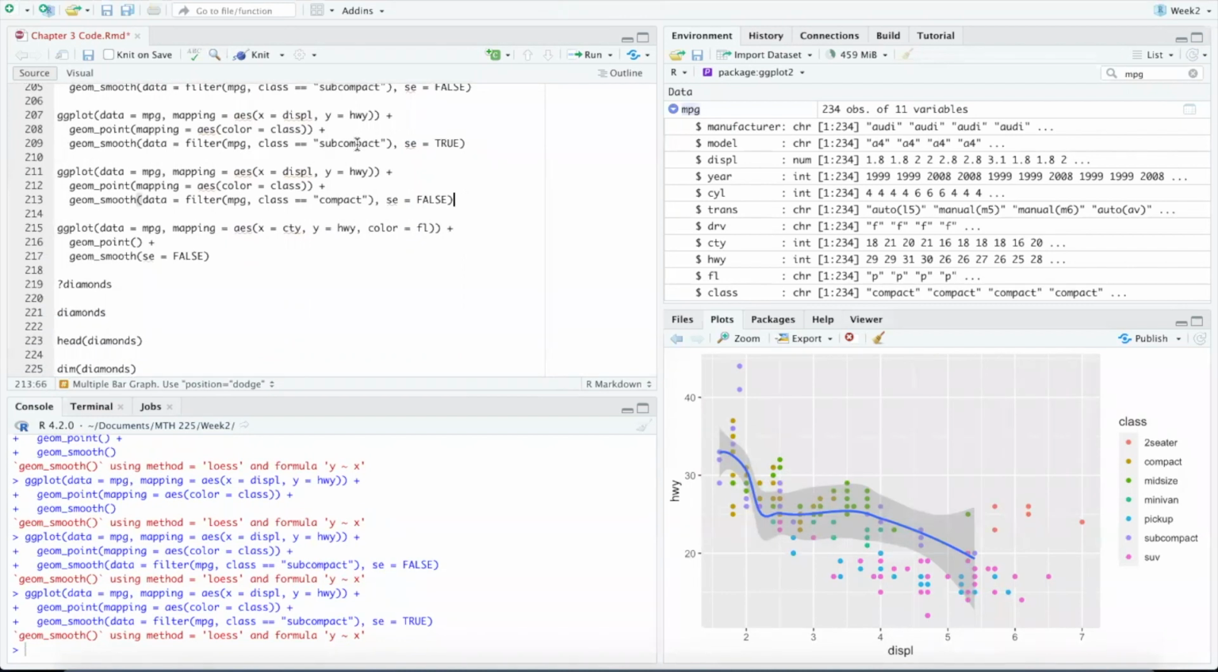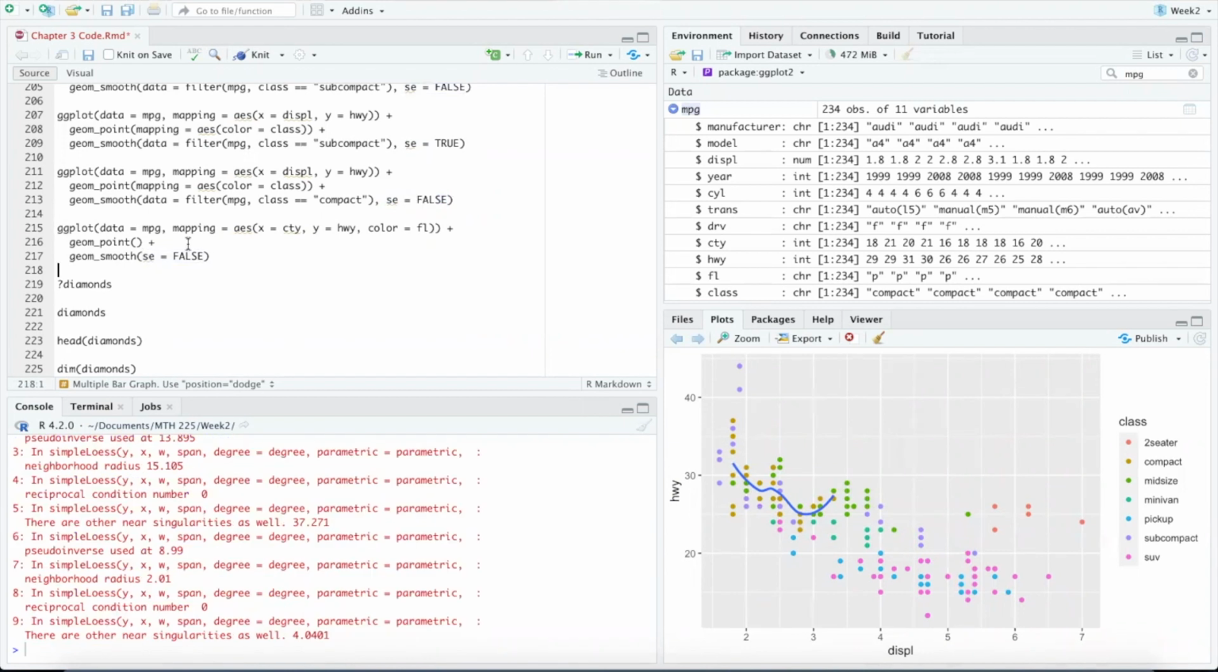So this one, very similar, but instead of filtering by subcompact, we're going to be filtering by compact. The new curve segment is going to be in a slightly different place. So there it is. And notice we didn't want the shading of the graph on that. Okay, so for this next one,